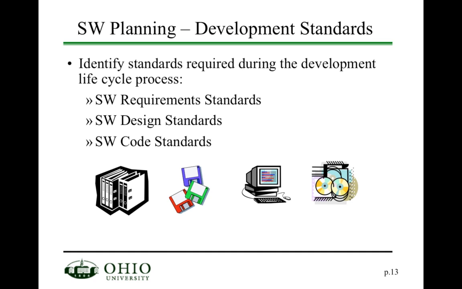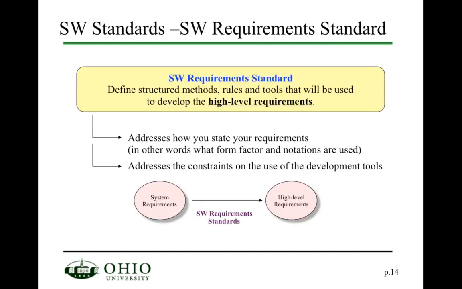The other thing that we saw in the objectives list is that we identify development standards for the requirements, for design and the code. In other words, you're going to go down the falling edge of the V. You're going to look at the requirements, design, more detailed requirements, and then the code that we derive from the design. Well, in these particular cases, for example, if you look at the requirement standards, they really talk about taking